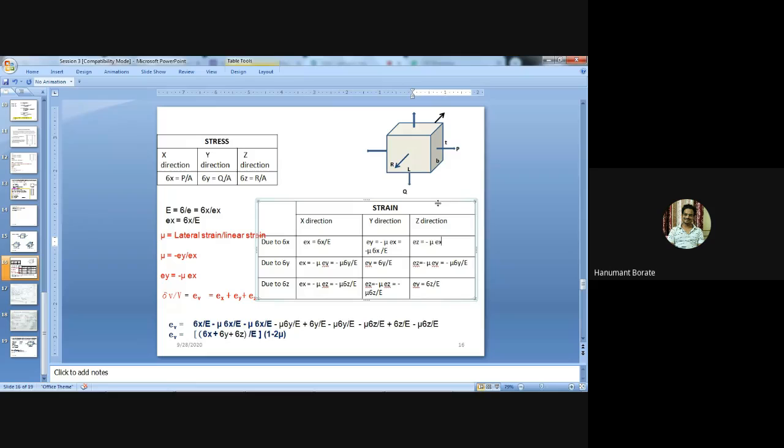Similarly, in z direction, this is our z direction. So in z direction, the strain is due to the stress in the x direction. We are applying tensile force. If we are applying tensile force at that time, this